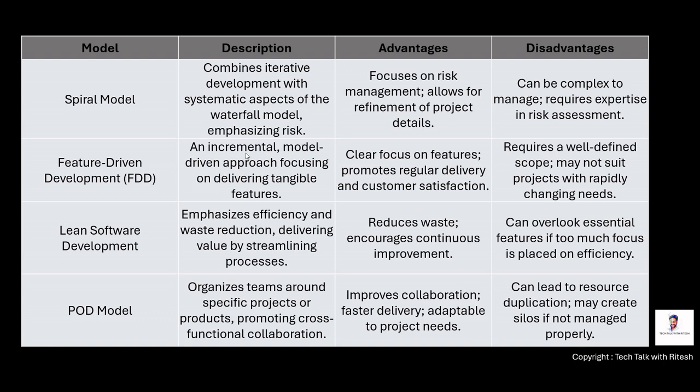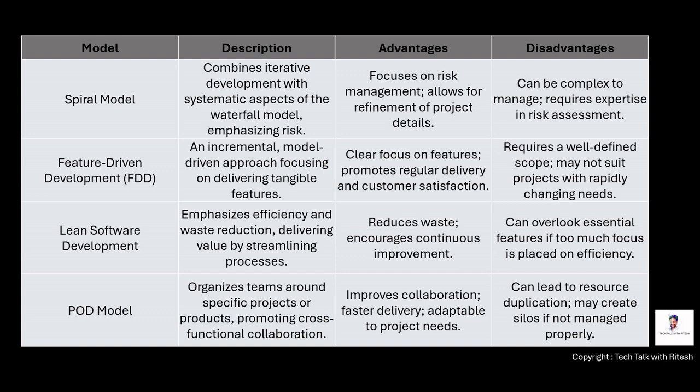The feature driven development model, an incremental, model driven approach focusing on delivering tangible features. The lean software development model emphasizes efficiency and waste reduction, delivering value by streamlining processes. And the pod model organizes teams around specific projects or products,